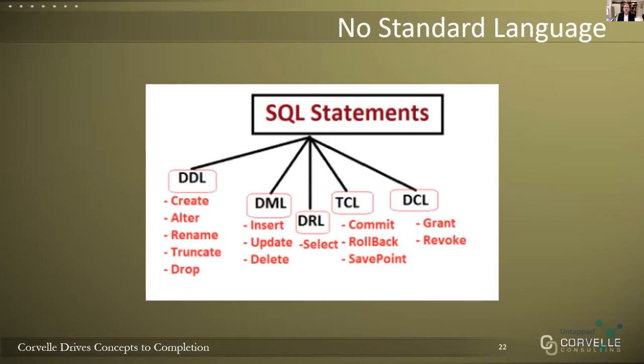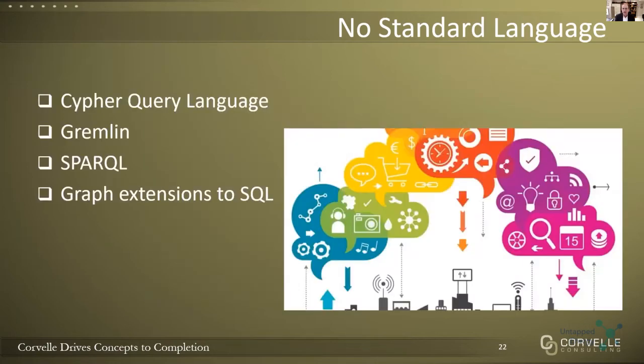Now, the no standard language. We're all aware that relational databases support the standard SQL language for queries, updates, and management of the relational database. I'm sure many of you have seen a diagram like this one many times. Although many vendors have extended this SQL language, every vendor supports the core SQL language. The standardization makes it easy to find and onboard experienced staff quickly and cheaply. Now, in the world of graph databases, every graph vendor has defined a unique syntax or language for queries, updates, and management. So we have the Cypher query language, which is supported by Neo4j, who is a dominant graph database